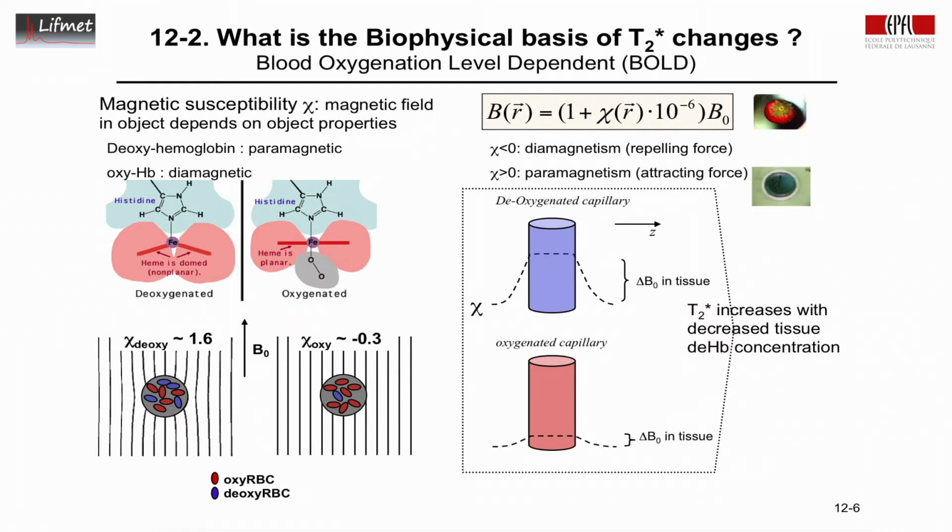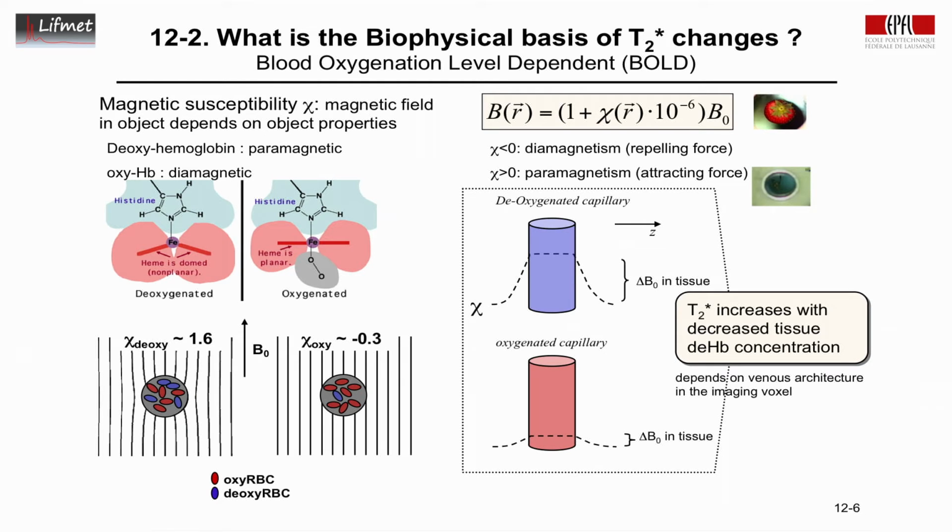So there is a consequence here that the T2 star increases with decreased deoxyhemoglobin concentration in the tissue. So that is in the blood, but that's the average deoxyhemoglobin concentration changes. If it decreases, then T2 star will increase because we are reducing this delta B0 term here, which we have seen previously influences the T2 star. Of course, a little caveat, this depends on the venous architecture in the voxel, it depends on blood volume, it depends on orientation of the blood vessels, but we'll assume here for the rest that this is fairly